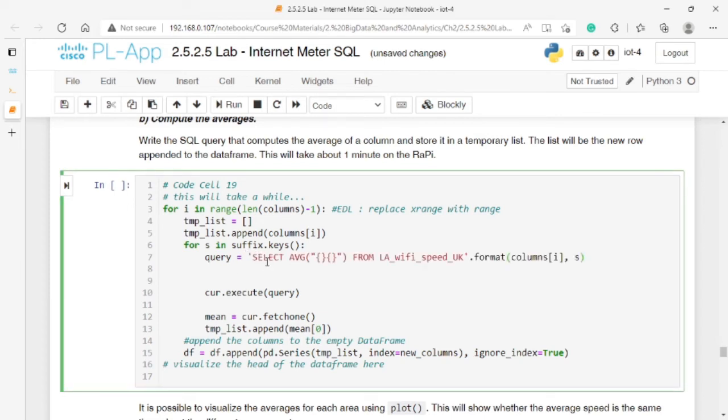This is the query. Again, select average, and this is the method for taking the average. Here we can write columns I and S, or you can use the format. I recommend you also use the format, and this is the name of the table. Then we execute the query, and then we